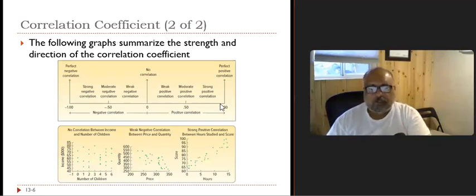So this slide depicts what we just talked about. Here there are two extremes: perfect negative correlation on one side, and perfect positive correlation on the other. In the middle, we have no correlation, and as we go from 0 toward 1, the strength of the positive correlation keeps increasing, and as we go from 0 to the -1 side, the strength of a negative